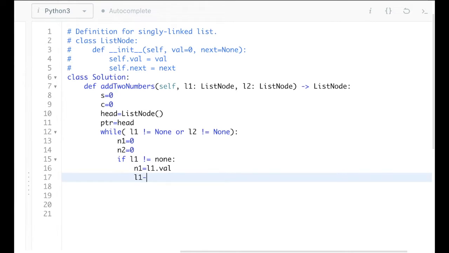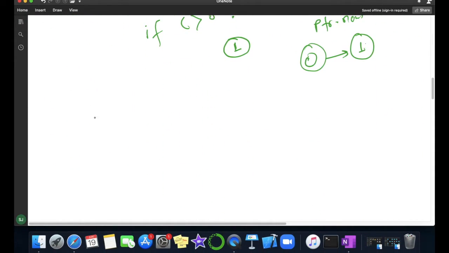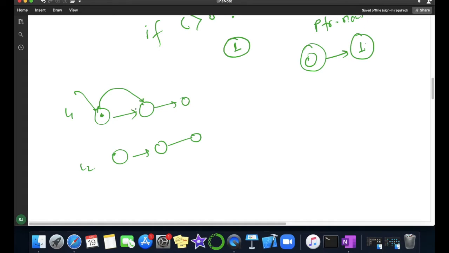L1 equal to L1 dot next, means we are here. Suppose this is my list L1 and this is L2. So initially we are here, we got the value and we moved forward. We'll apply the same formula here.